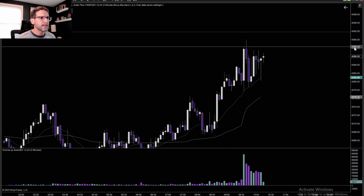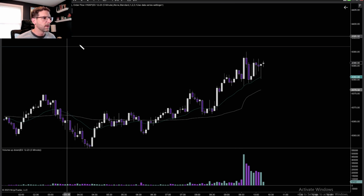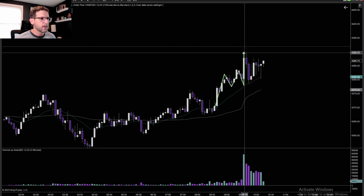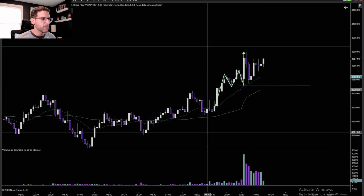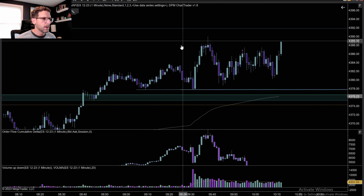So this is this consolidation here. Like we're still in a 5 minute uptrend. Okay, you can see that kind of situation here. And so as long as we're above this low right here, we're bullish. And we've got this consolidation, and it looks like the market wants to break out. If we look at our 1 minute chart,